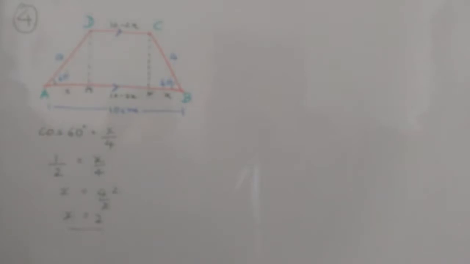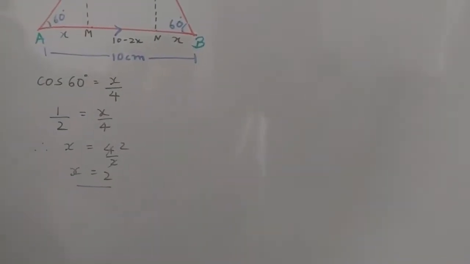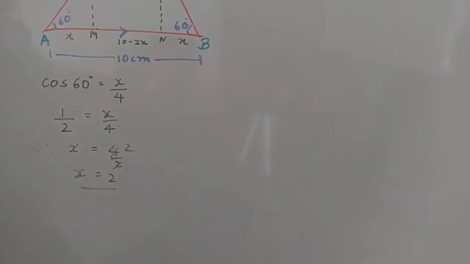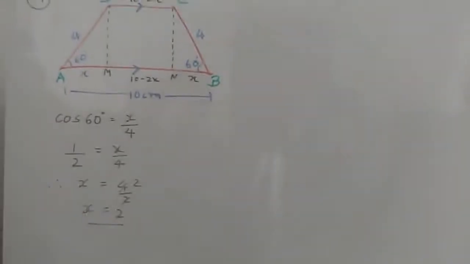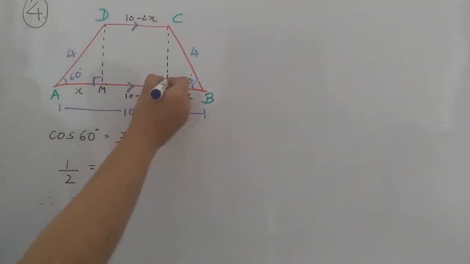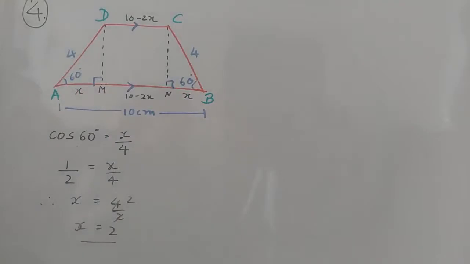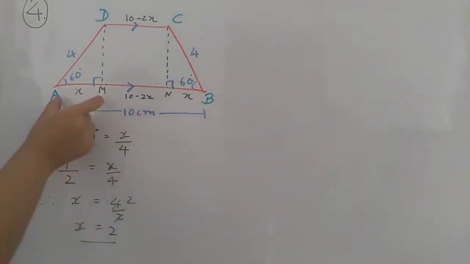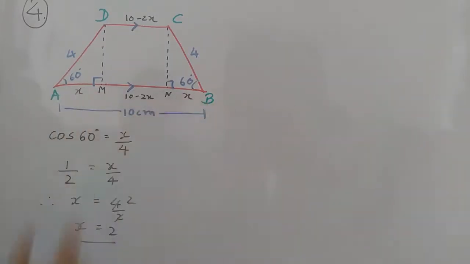Now in the figure I have to draw some more adjustments accordingly, as we are not given the proper values. So I take here perpendiculars, DM perpendicular to AB and CN perpendicular to AB this way. So here I draw the sign of perpendicular so that it will be clear to you. So they are the right angles forming. Also this whole is 10 centimeters. So I took, let AM be x and BN be x.